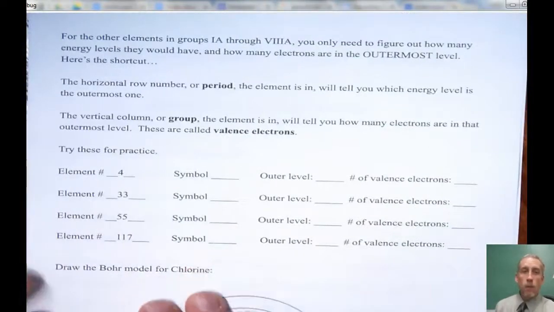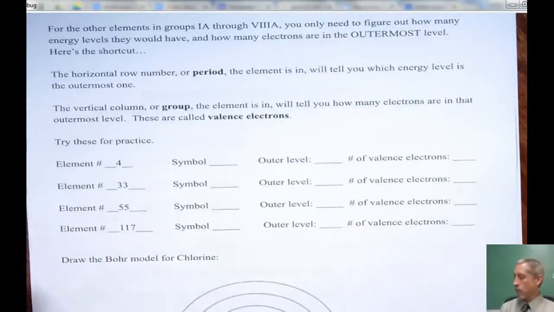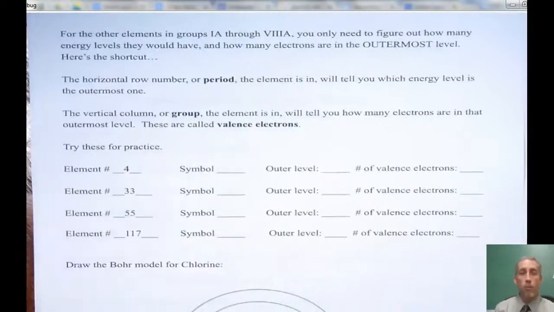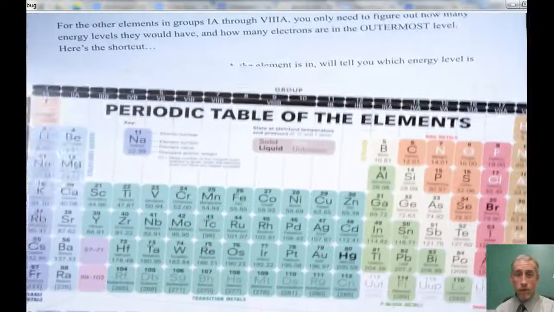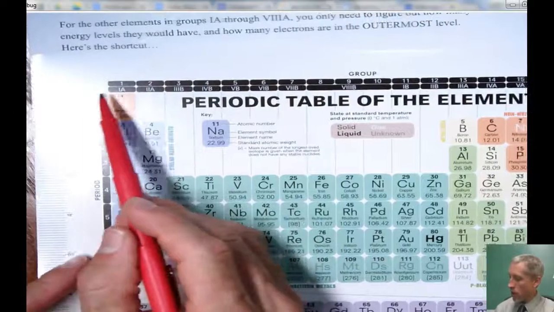So I'm going to give you an important hint, and this may summarize everything that's important to know about electrons. I talked before about how where those electrons are has everything to do with the way that these elements interact with each other. Why some are very explosive, why some react easily, why some really don't do much of anything at all. So I'm going to refer to the periodic table, and I want you to notice across the top, the